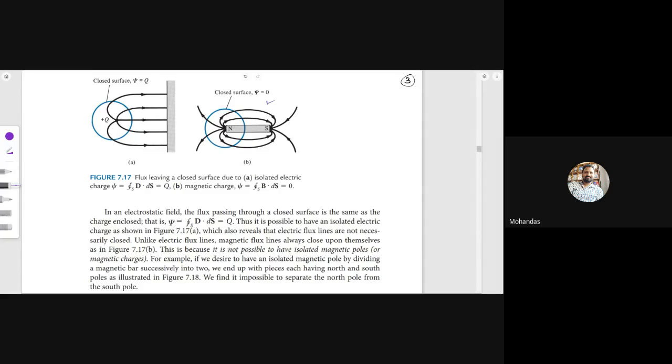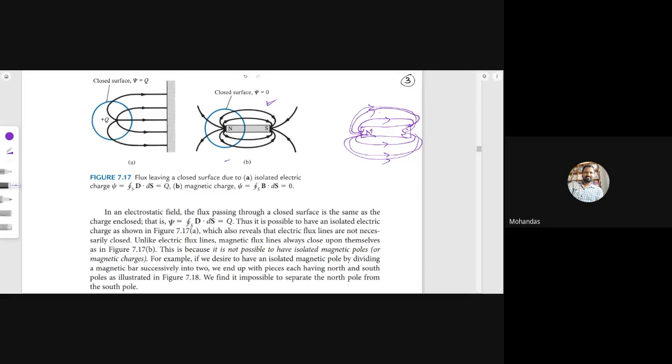Suppose I take a permanent magnet here. What is a permanent magnet? Are you able to see this picture, Amma? Yes, sir. Yeah, see, if you take a permanent magnet with North Pole and South Pole, and everybody knows this is a permanent magnet, Amma. Magnetic flux lines are leaving from the North Pole and entering at the South Pole. And they never cross each other.